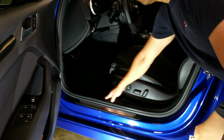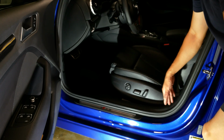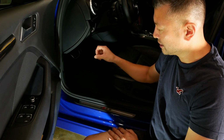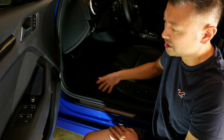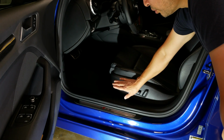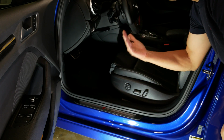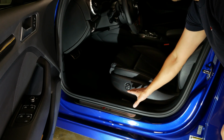Now, this sill here, you're going to have to remove, and that goes about toward the end of the seat. You'll remove that one. That one will allow you to remove this panel. That will remove essentially all of the front panels here. And to access the lower underneath the seat area, you obviously want to raise your seat as high as possible, pull it all the way back, and that maximizes the amount of room that you have to work